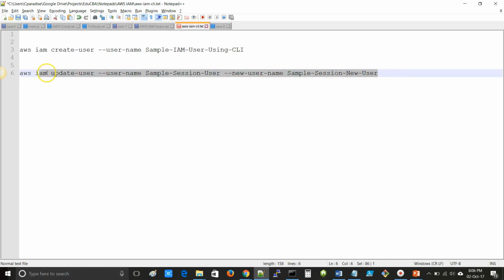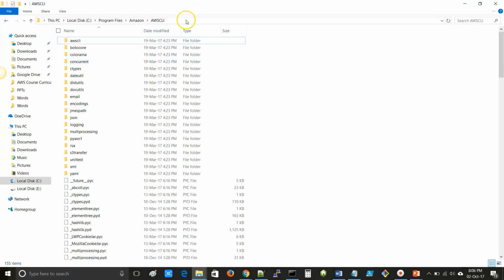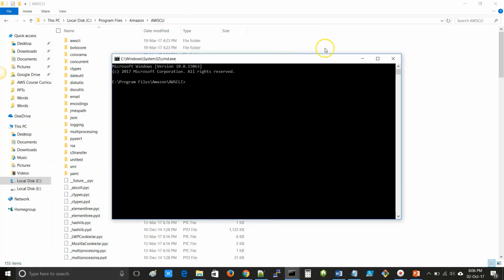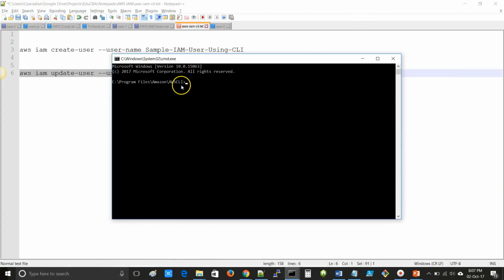Now we will run this command on AWS CLI. So copy this command. So go to the CLI and type cmd. And paste the command here and press enter.